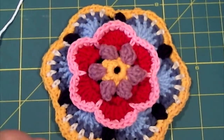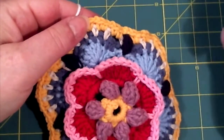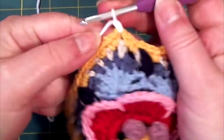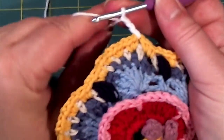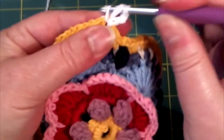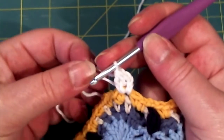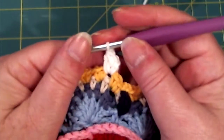Round 11 with new color yarn, and we need to join the first chain 1 space here, first one, and join with 1 chain 1 plus 2 for the first double crochet in the group of 3 double crochet together, and this one, so this is the first, and then we need to chain 3